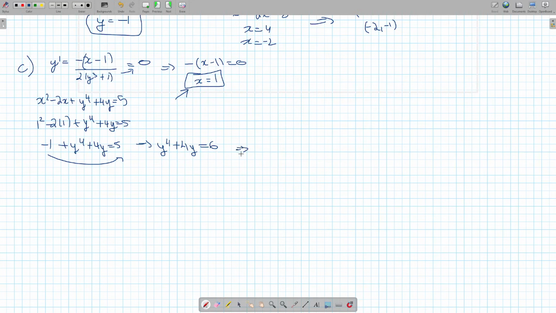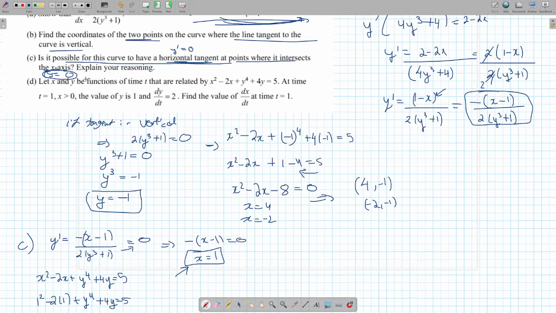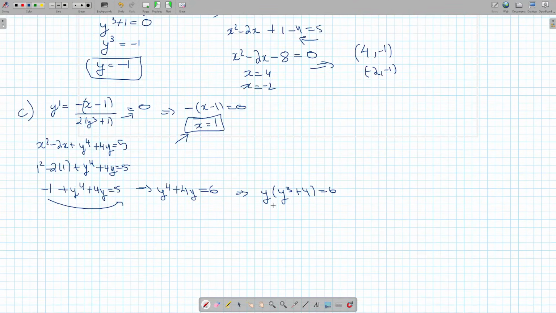Okay, let's say you factor out y. It becomes y times (y cubed plus 4) equals 6. Check. We're supposed to get y equals 0. Test it out. Try y equals 0: 0 times (0 plus 4). How much is that? It's 0. Is it 6? No. So when you substitute 0, you get 0 and not 6. Therefore, y equals 0 is not